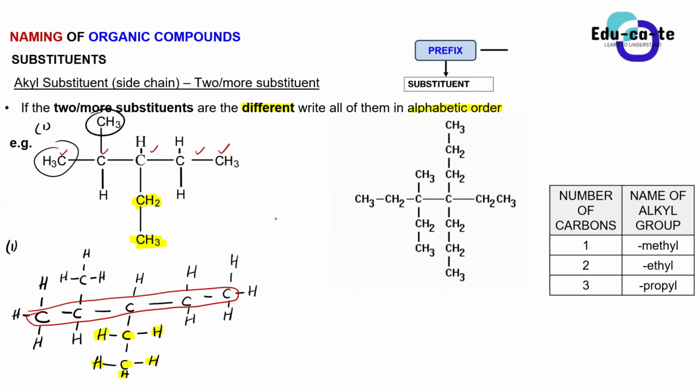So there are 2 substituents. Okay, so let's just circle them up. We've got this substituent here that is found on this carbon. This is a side chain, and it is found on this carbon. Before we number it, let's just say it's found on this carbon. We're still going to number it and see which is the proper way of numbering. But this is one of the substituents, and then the other substituent, it is this one.